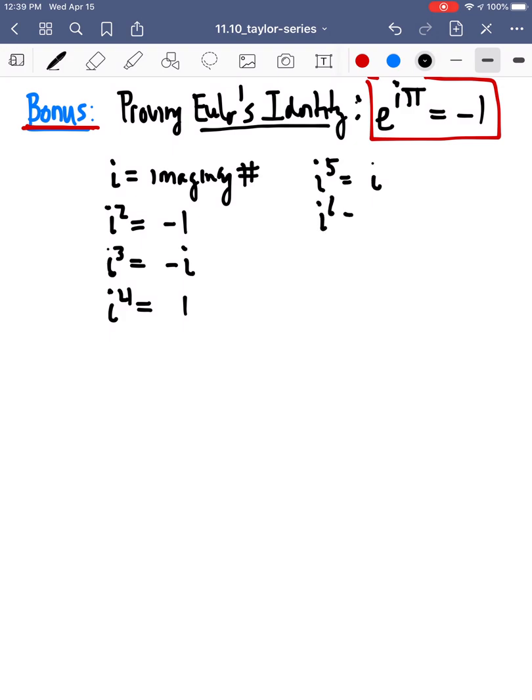i to the 6th power is going to give us a -1. i to the 7th power is going to give us a -i. i to the 8th power is going to give us a 1 again. And we're going to see this kind of cycle keep going between i, -1, -i, 1, and just keep repeating itself. So where we're going to go with this, if you just believe me that these properties of our imaginary